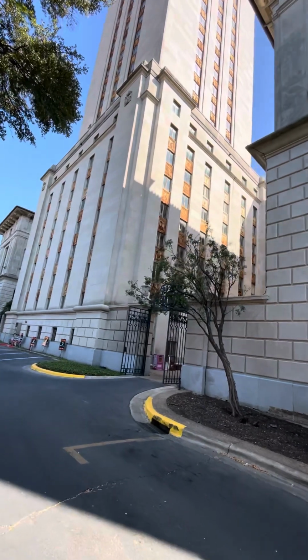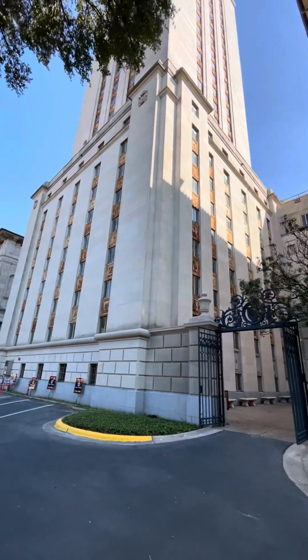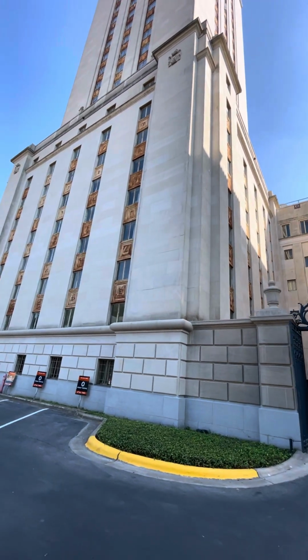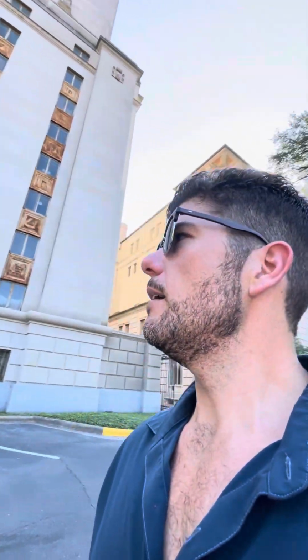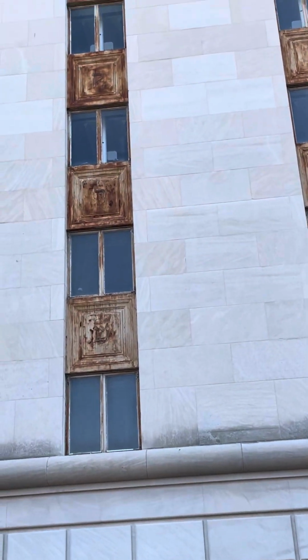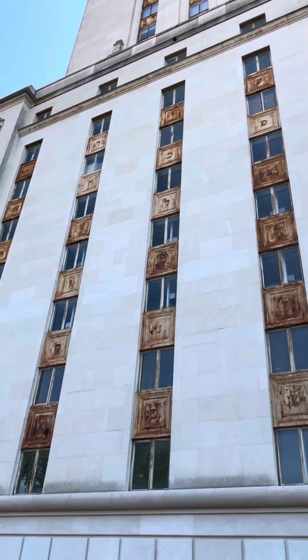That the letters on the tower should be understood as an attempt to show the intellectual prominence of the university. That it would really, you know, give a message about the aspirations of the university. Because I think at the time, you know, keep in mind Texas was so different, so there was so much aspirational symbolism in these buildings, and this building in particular was supposed to be the main focal point of the entire university. And if you see here, you can see the Hebrew, the Greek, Phoenician, the Latin, the Egyptian, and